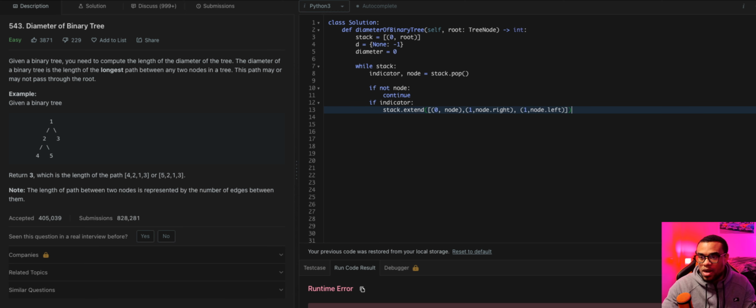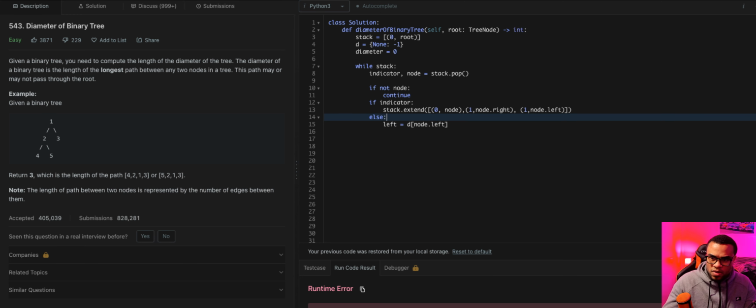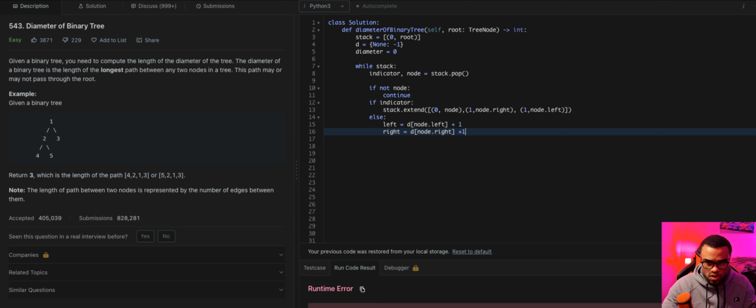This is literally what I was trying to do. Plus left equals d node dot left. You're saying node dot left plus 1, right equals d node dot right plus 1. Then d node